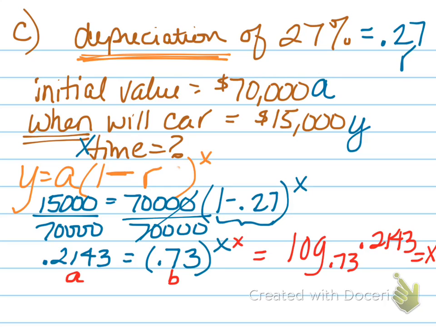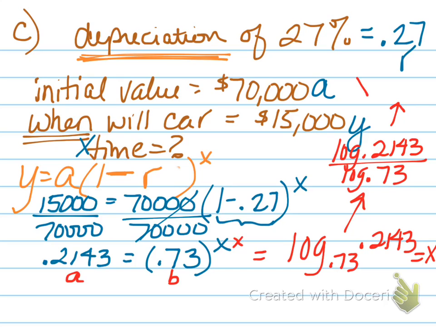After putting that in a calculator, we will have to use the change of base property, which says that I take the log of A, so log of 0.2143, and divide it by log 0.73. I will find out that X equals 4.9 years. So what amount of time? Time is 4.9